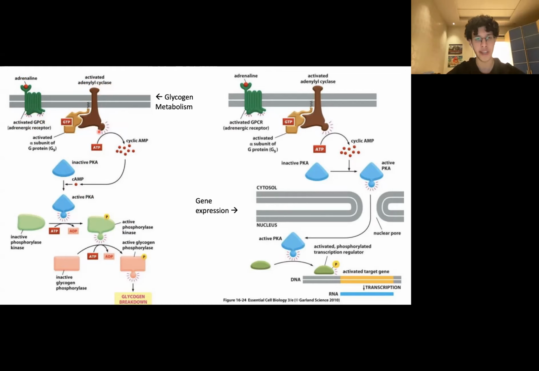So adenyl cyclase or adenylate cyclase will convert ATP into cyclic AMP. Just to keep it simple, adenyl cyclase will make cyclic AMP. Cyclic AMP will bind to this protein called protein kinase A. Cyclic AMP binds to protein kinase A to activate it. Again, there's a funny word there that we've taken before. Can anyone tell me what it is? Protein kinase A. There's one word here, kinase. Very good. So kinase, all right, this protein is a kinase. So protein kinase A. That means it's going to hydrolyze ATP to ADP and use the phosphate to activate a